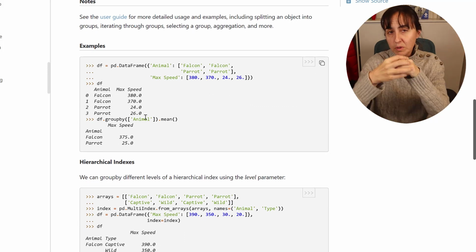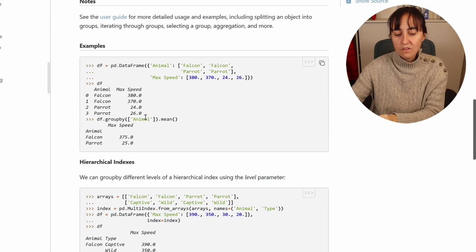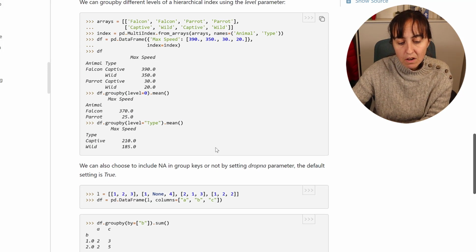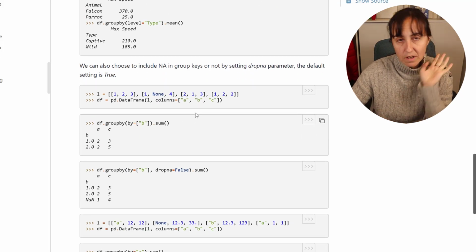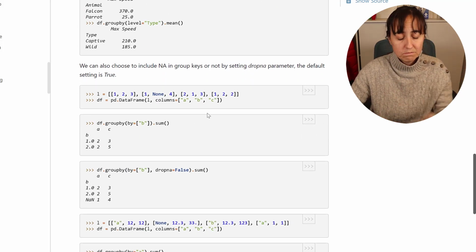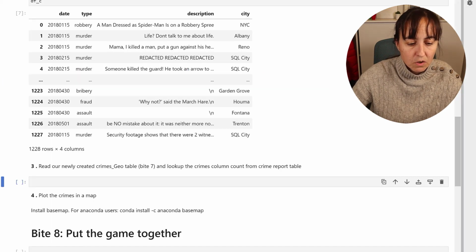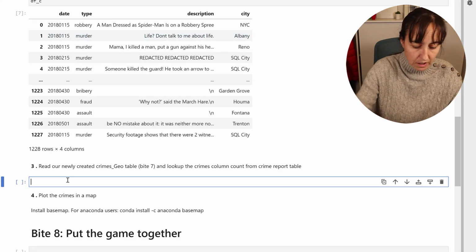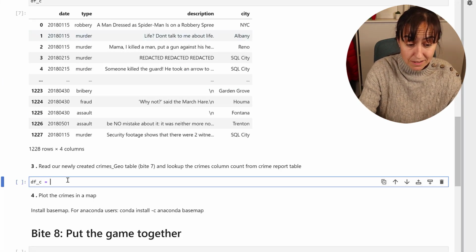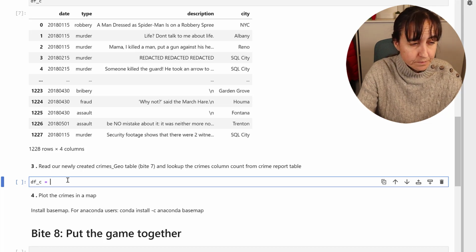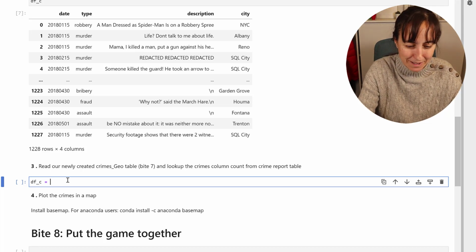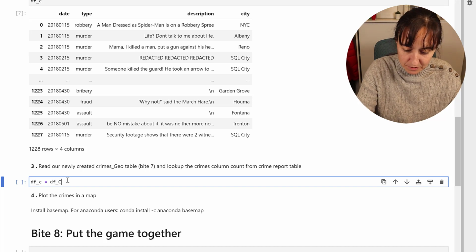But while you are grouping, you can actually aggregate. So you can have, for example, the mean, or the sum, or the count, or all sorts of operations. So what we're going to do is we're going to do DFC. This is our table, the table that we created. So it's data frame crimes, basically. So data frame crimes group by,